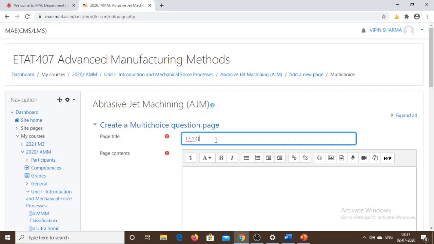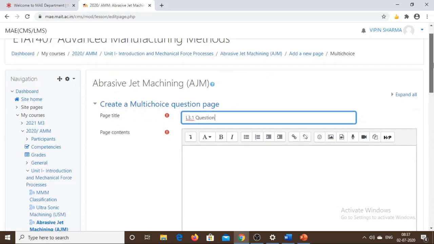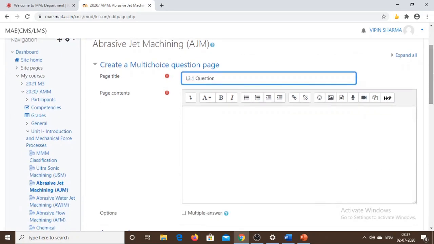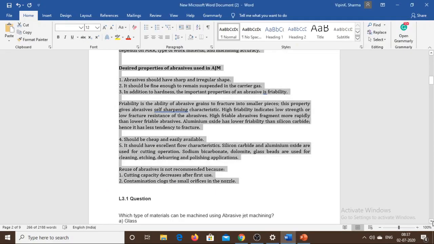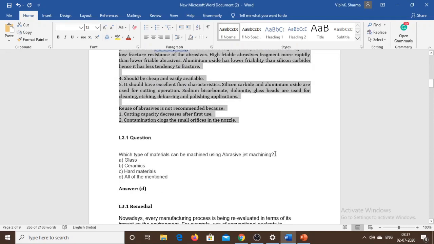So this is the first question of the third unit. So L 3.1 question, and then the statement of the question which says, which type of material can be machined using abrasive jet machining.